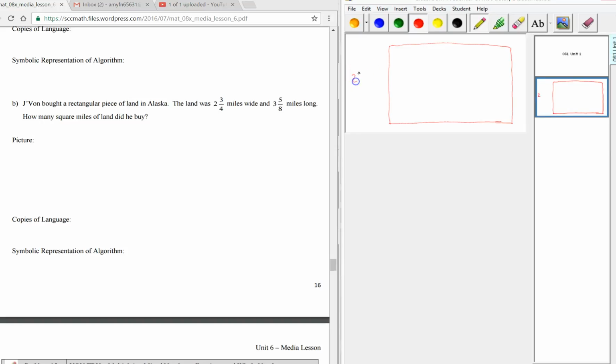Let's make this 2 3/4. Okay, so I didn't get too specific here. So this would be 1, this is 1, this is 3/4. Up here we have 3 5/8, so 1, 2, 3. 1 here, 1 here, 1 here. And we'll say that's 5/8. Okay. And then if we cut these up,